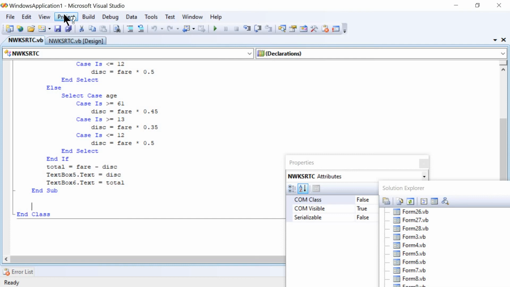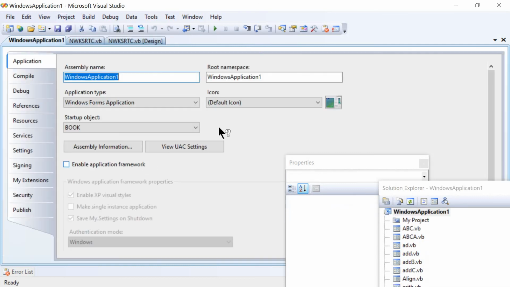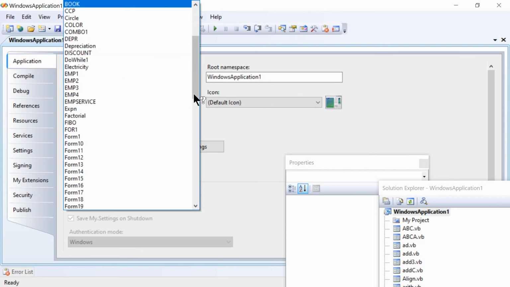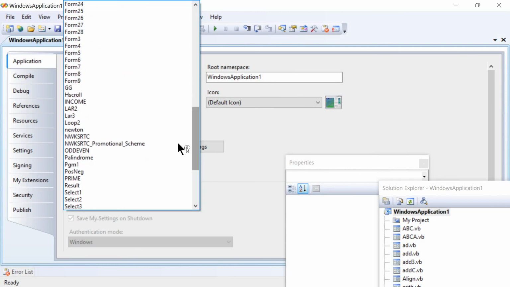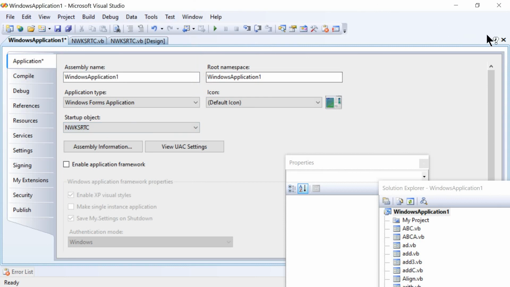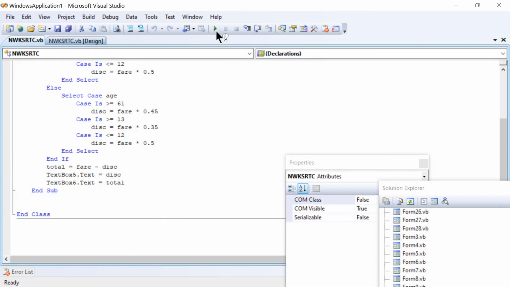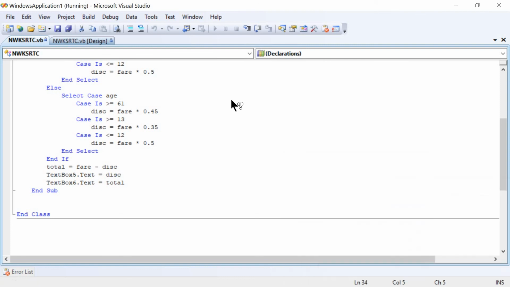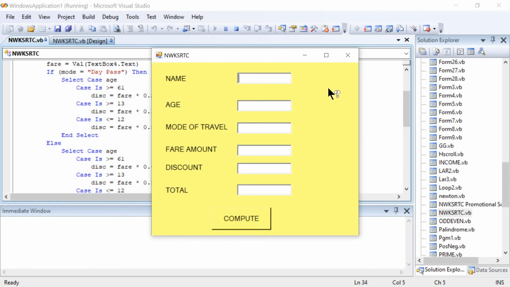Right now let's load this one, project window application properties. Then execution: enter the name, age 25, mode of travel day pass, amount 80.